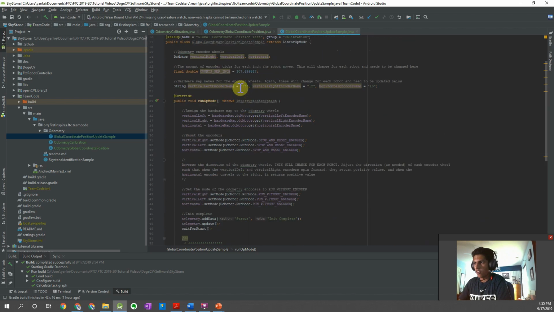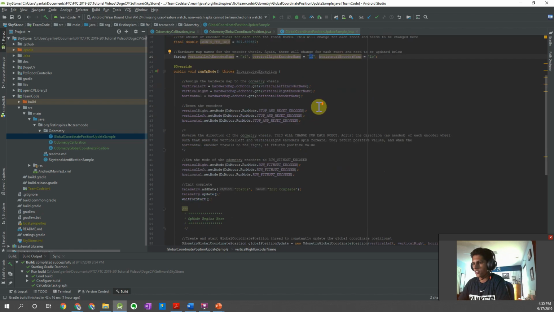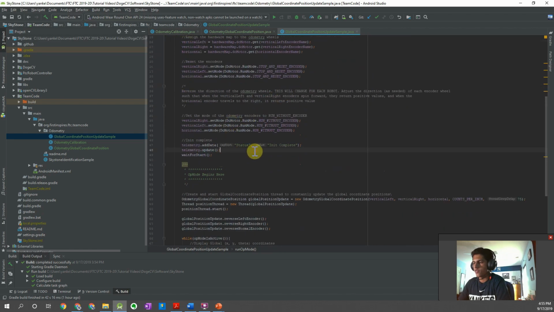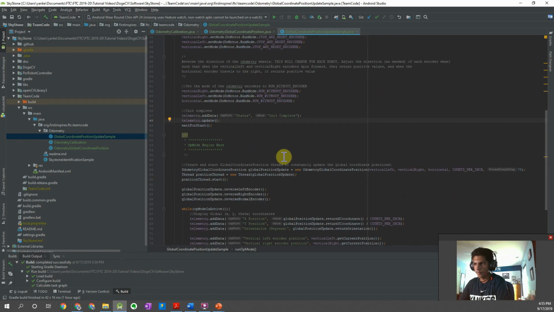Now, I plug my vertical right encoder and my horizontal encoder into the left ports. But let's say that I have to reverse the left front and the left back drive motors, but the encoders are also mapped to the same location. This is automatically going to flip the sign on your encoder. So if that is the case,